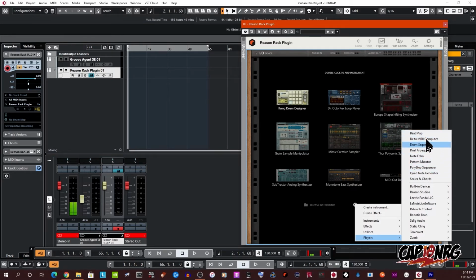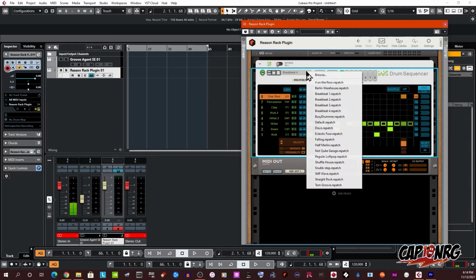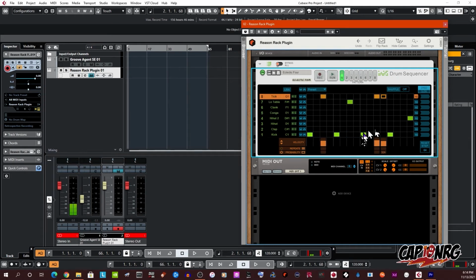Beatmap is what I was going to use, but I think I'm going to use Drum Sequencer. This is just another simple drum sequencer type thing. You can see it's visual, so I can say, I want breakbeats, I want whatever I want. Electric 4, that's probably going to be a four on the floor type drum kit. All right, and now what we want to do is tell this drum kit